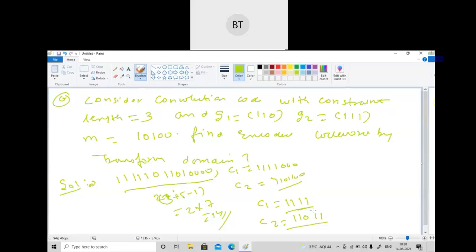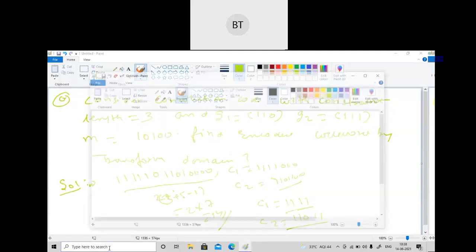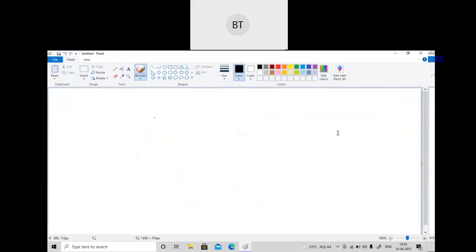Very good. Actually, I wanted to hear this only. What she has done is very good. Komal Sharma has also got the same answer. We have got C1 as 1 1 1 1, and C2 as 1 1 0 1 1, and from there you can verify the value of n, which you are getting as 14.